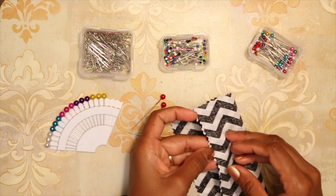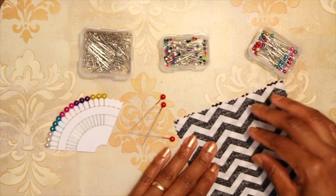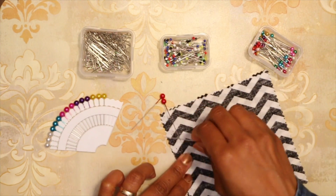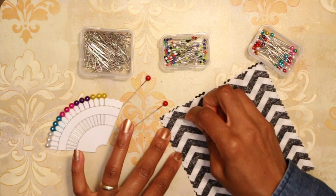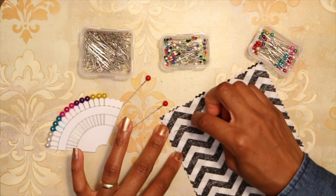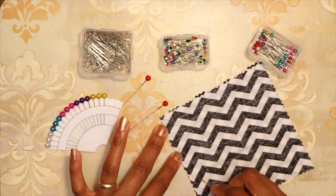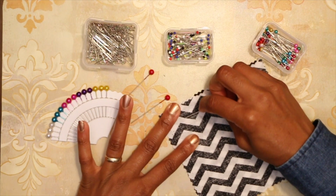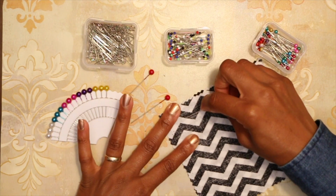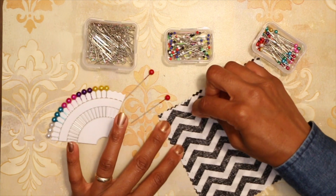So I have 2 squares of fabric with the right sides facing each other, and I'm going to demonstrate pinning these in 2 ways. One way we're going to pin is going perpendicular to our seam. So I will sew my seam here, and I'm going to pin going perpendicular to the seam by entering the fabric, going down, and I'm going to use my